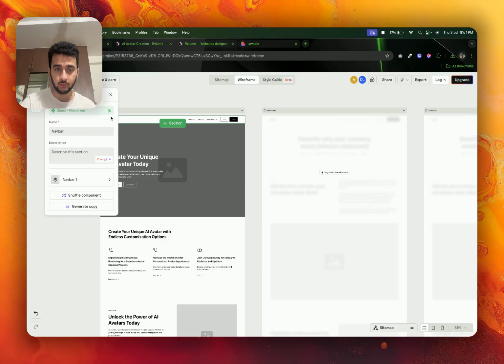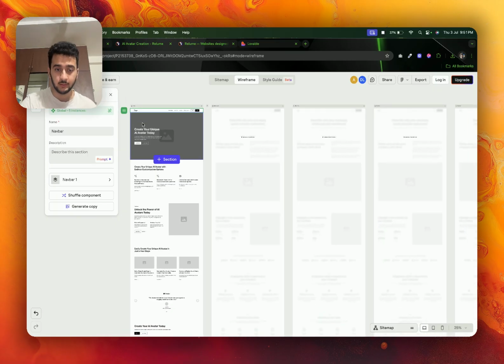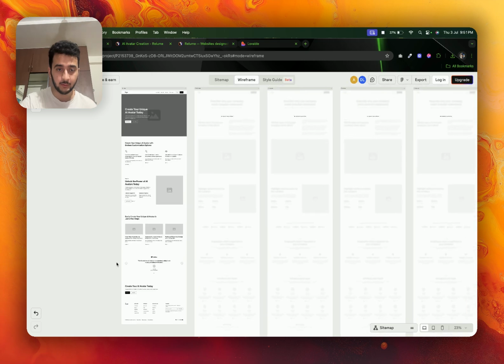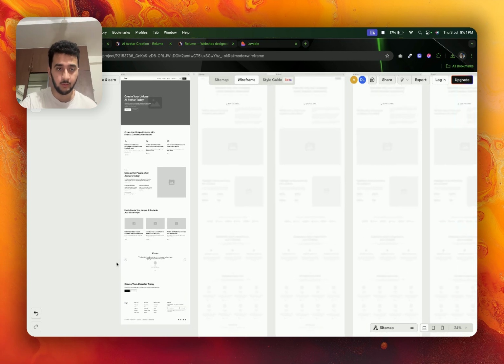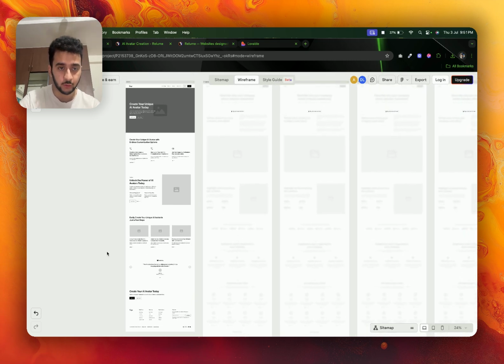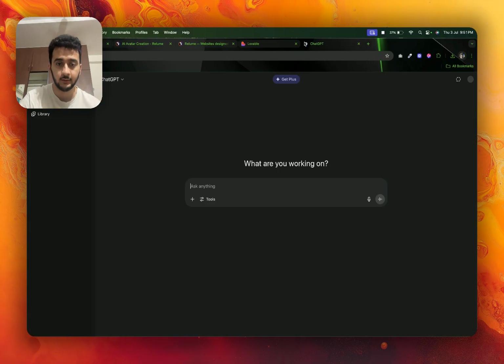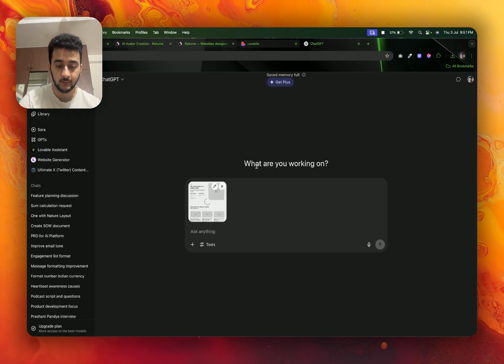So what I will do is I usually take a screenshot of this and I drop it into Lovable, or I use some mix of tools. So I'll just take a screenshot of the same. I'll just go to ChatGPT and I'll drop in the screenshot. I'll say, basis this wireframe breakdown image,